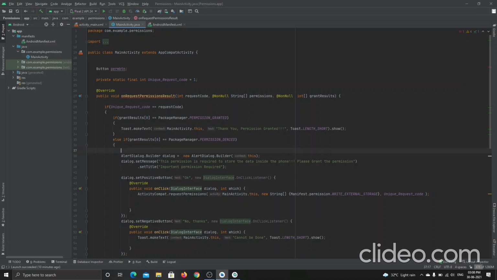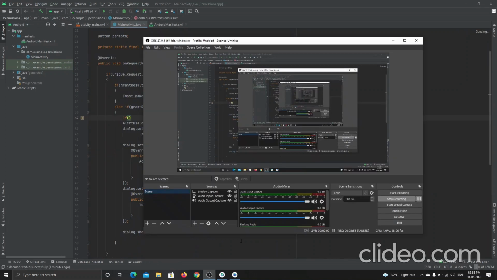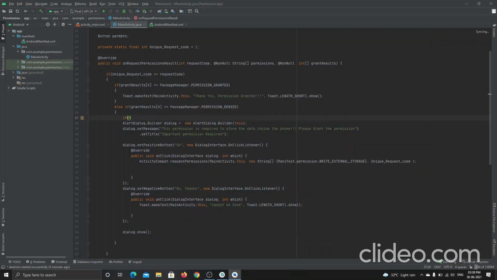We will add another if condition here. What I will include is this if condition, let me explain while typing. It's not responding.